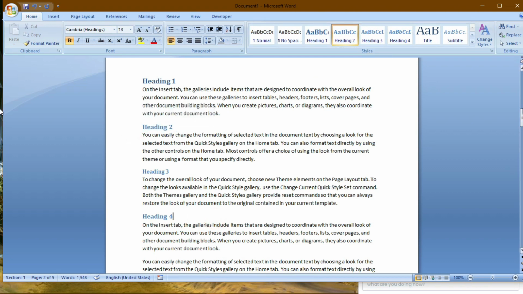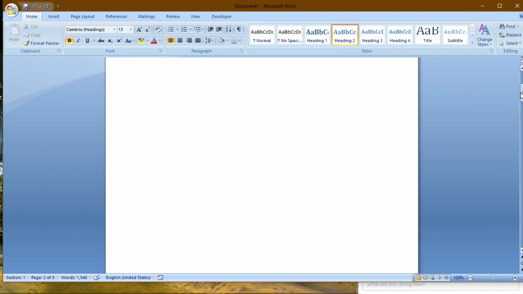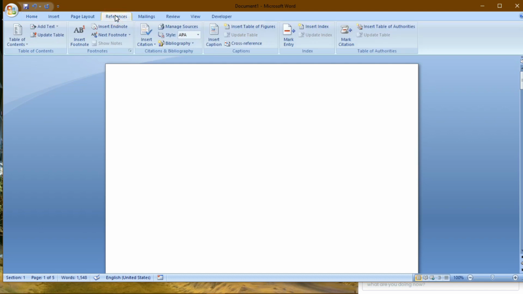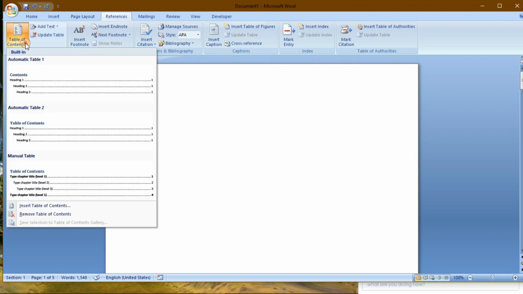You can do modification as you need, but these should be in heading 1, heading 2, and so on. So first do the formatting this way, then after adding your whole content and doing proper formatting, it's time to insert the table of content. For that we will go to References. Again you see the option is References, then here Table of Contents. Here are the structures. Any structure you can choose. I am choosing the first one.